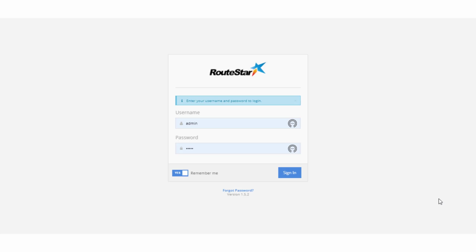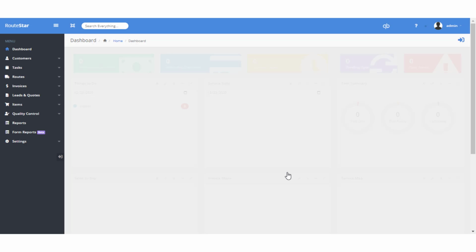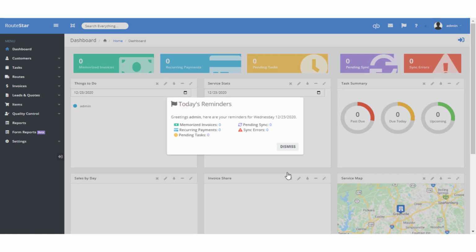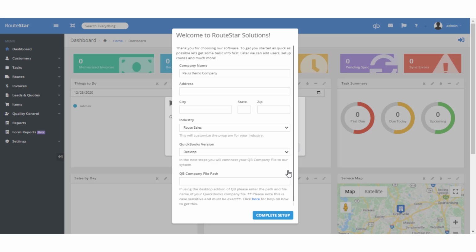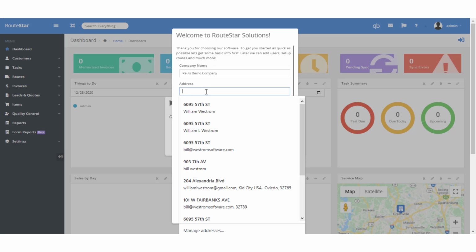The first thing you want to do when you get RouteStar is log in. So put in your username and password and click sign in. You're going to get a welcome to RouteStar Solutions setup page. From here, you fill out your company information, put in your address,